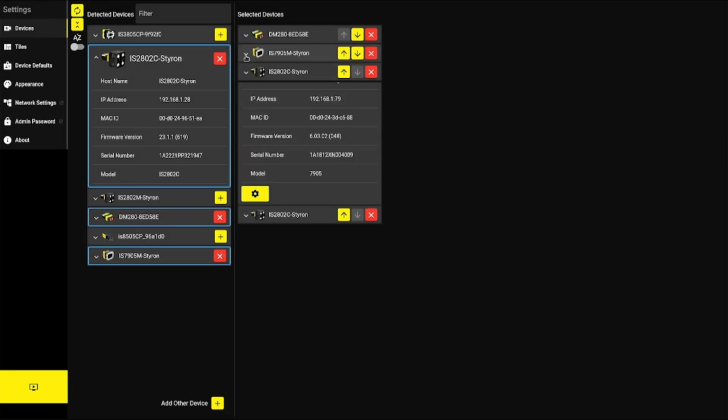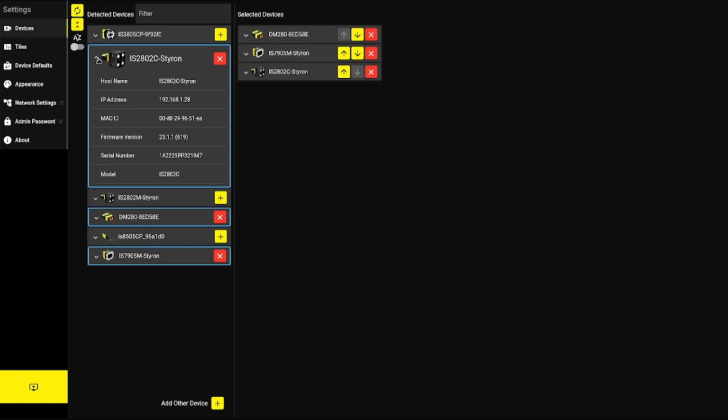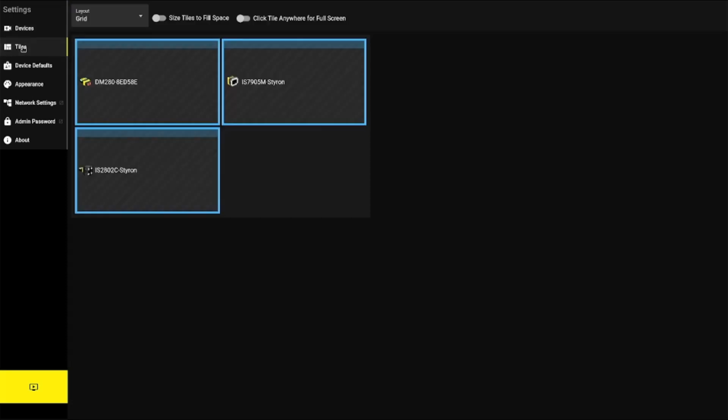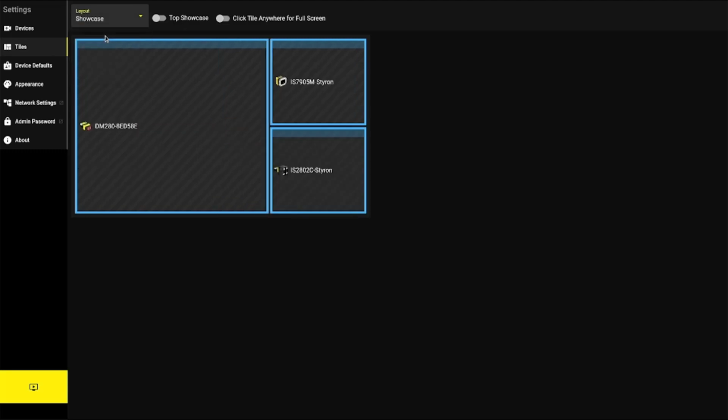Well, once again, now that we've selected our cameras, let's go put them in tiled mode so we can get ready to view them on the VisionViewWeb. So the standard mode is grid mode. We also have showcase mode, which is a very nice mode where you can decide which one you want to have a larger view or a specific showcase to. You can see we have DataMan here, but I really want to put my Insight 7905 in showcase mode, so